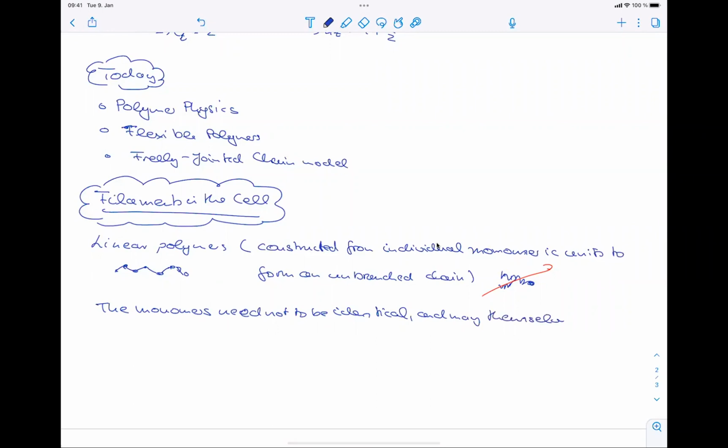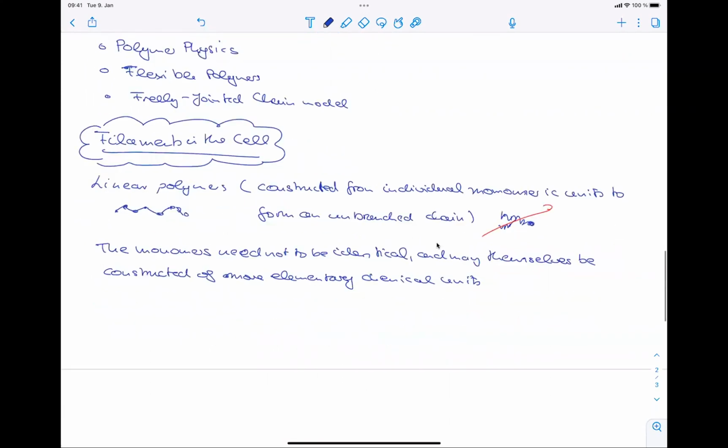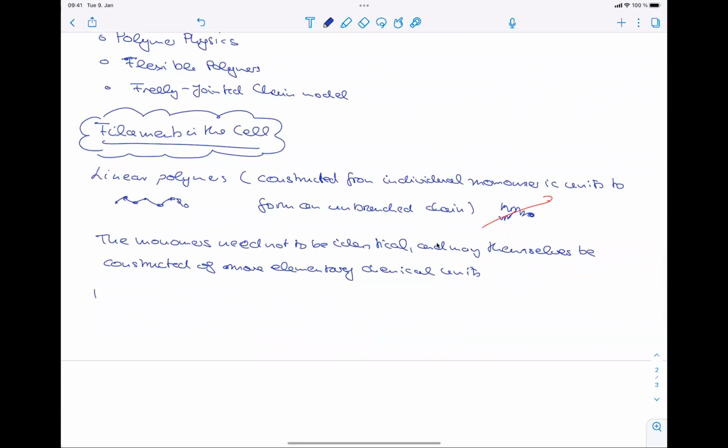They don't need to consist of a single atom, but they can be constructed of more elementary chemical units. So the key is just that they have a repetitive structure. First example of such a linear polymer that is very crucial to us being here is our very own DNA,